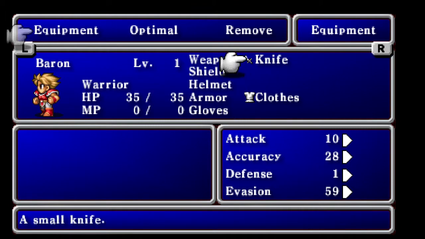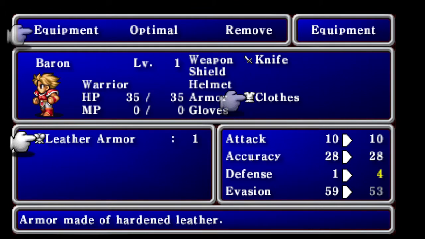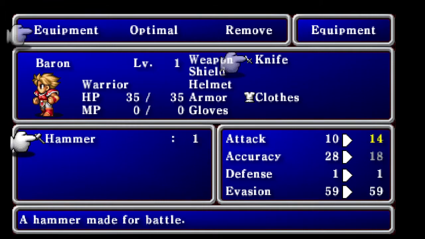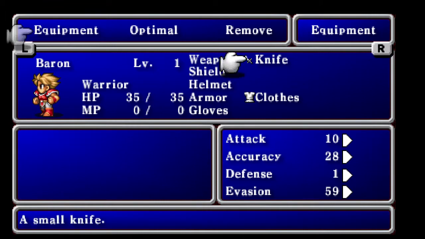So my warrior can equip a hammer, right? Can also equip leather armor on his armor slot. He doesn't have anything available in the helmet slot, right? So this is the possible equipment. Now the thief here, he can't equip all the stuff the warrior can, right? So even though I have a hammer in my inventory, the warrior can equip it. The thief can't, right? But if I press R and X at the same time,